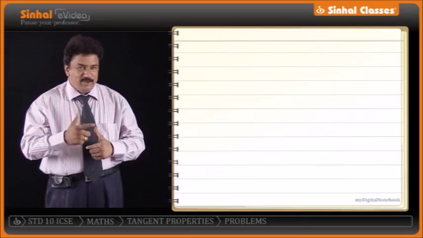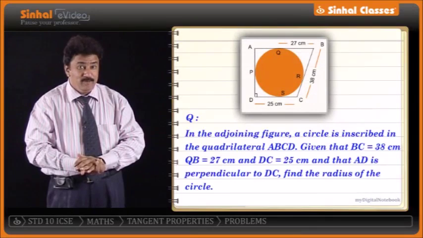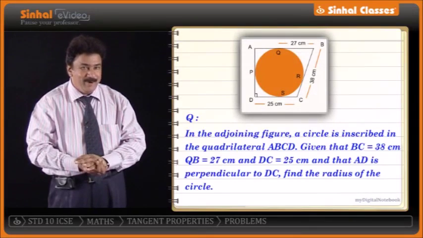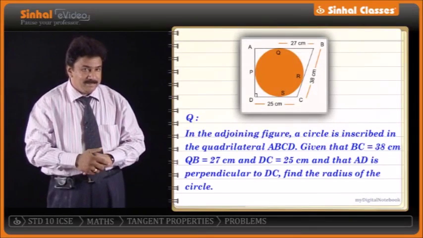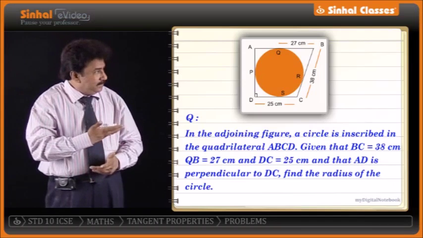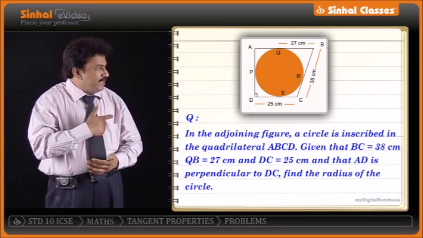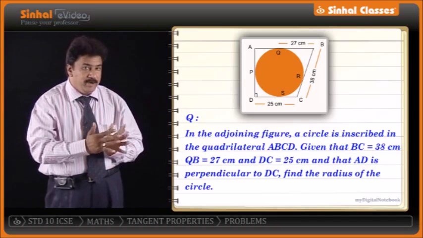Now the next sum which you are seeing is very important. Just see the sum. I am reading the sum, and pay attention to the figure which is given to you. By looking at the figure, see what you get. In the adjoining figure, that means the figure which is given to you,